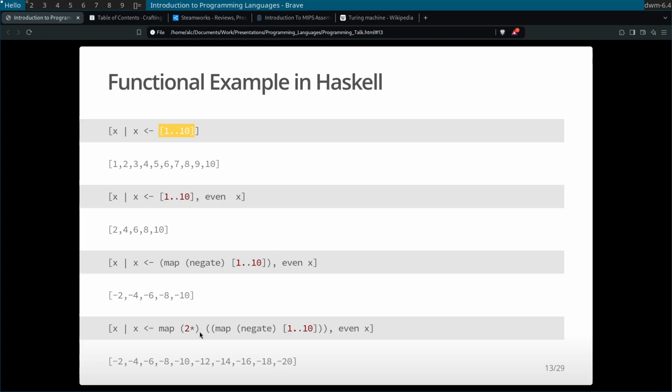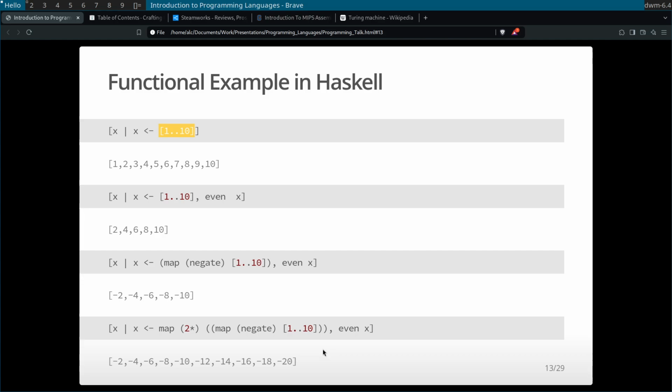But in this part, I'm not getting a smaller set than I had before, or the same set but just doubled, which is what I'm doing here. I'm multiplying everything by 2, but I actually doubled the list size. And the reason for that is that I did not write the function mappings in the right order. So what I thought this was going to do was double this list. So I thought I was going to get -4, -8, -12, -16, -20 down here. But you can see I have -2, 4, 6, 8, so on and so forth.